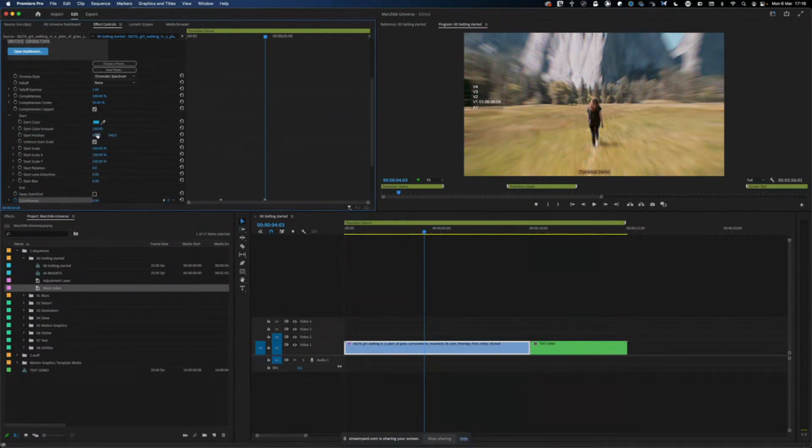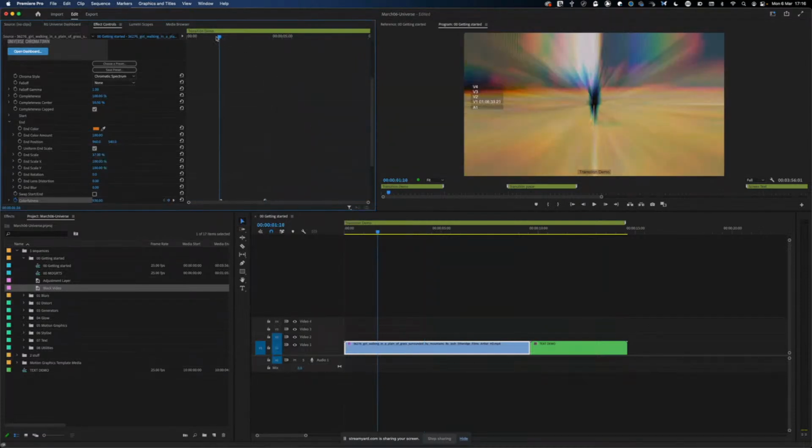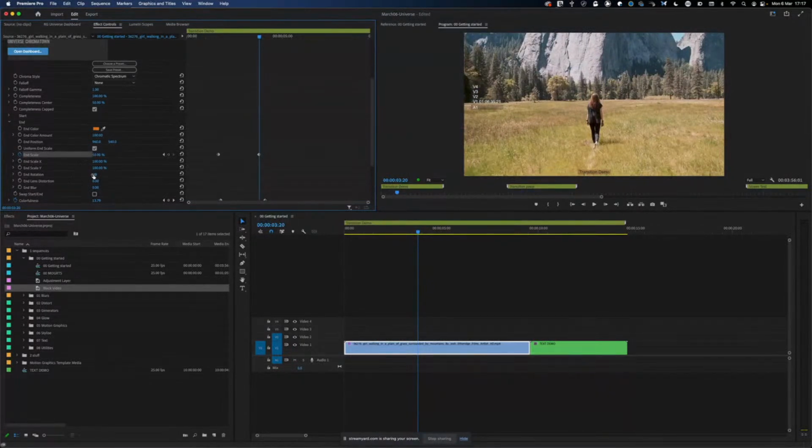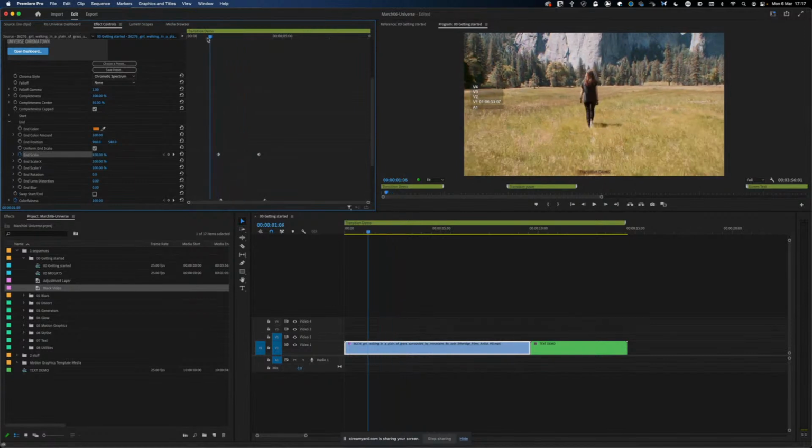We can change the position. So for example, the way Chroma Town works is you have a start image and an end image. So you can see the blur pulling it through is based on the end image, which is smaller. So I can create more of an effect by making that even further to create like a tunnel. That could be a good example of a nice animation. Maybe you want to start the effect on 100%, add a keyframe, go forward in time, and then say go to 50%. And there you have a nice effect where the effect pulls in,